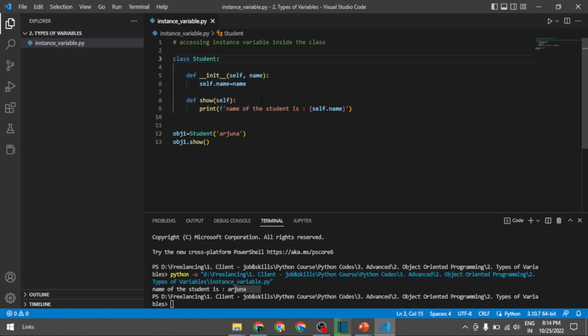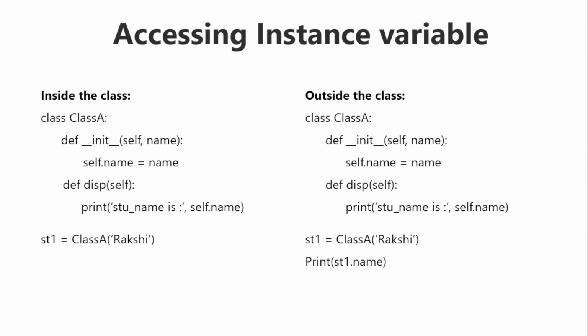Inside this, I'm accessing this instance variable in the class method. Methods will be discussed after. I'm just accessing this instance variable inside the class itself, and I'm calling this function and getting the output. So this is how accessing the instance variable inside the class works. This is case one. Now